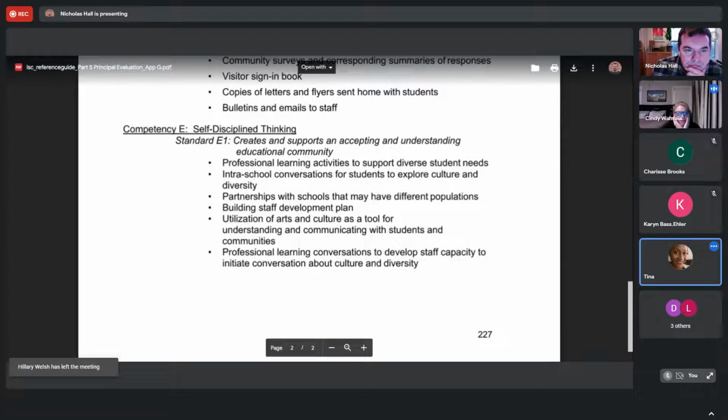I feel like I'd like to see all of it. Something curious about all of it. Maybe not so much the partnership with schools that may have different populations. I'm not sure that's a huge priority, but